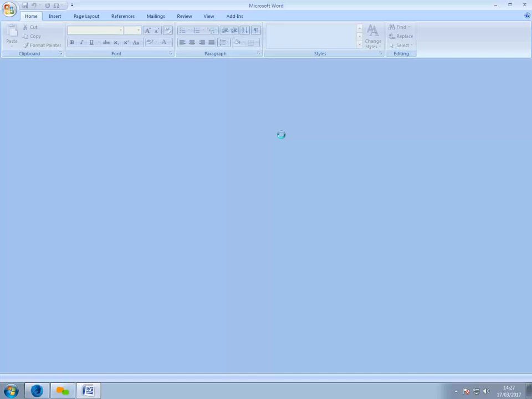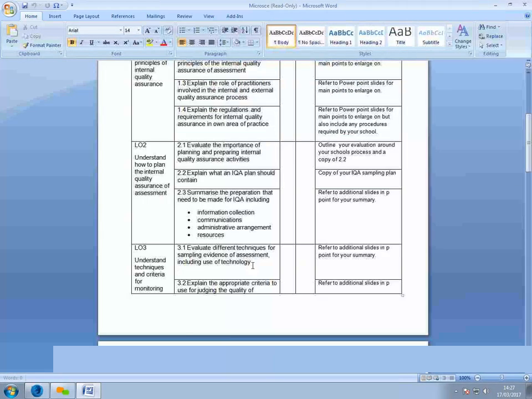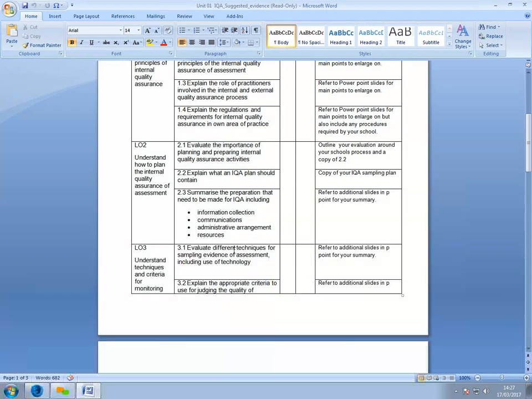So here I'm just going to look at the last moments now. Evaluate different techniques. Assessment, including the use of technology. I haven't actually got different techniques in the knowledge base, but this is looking at assessing, verifying a number